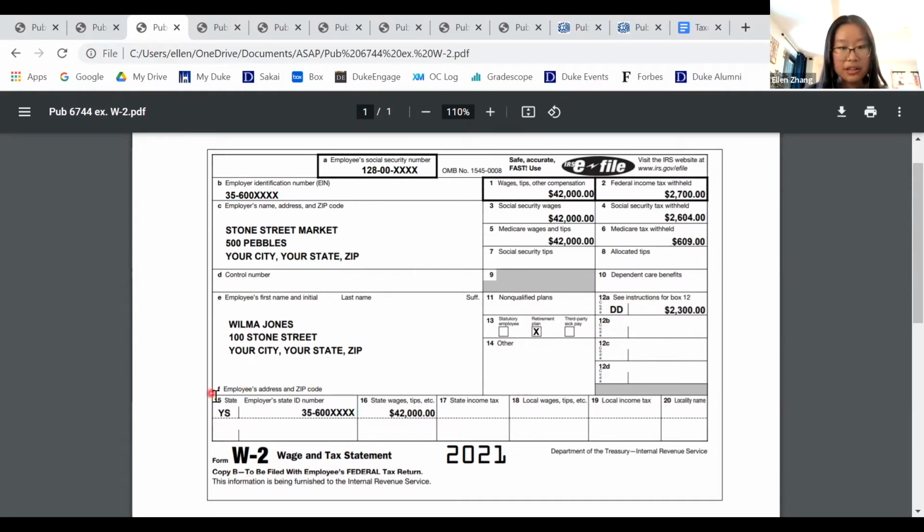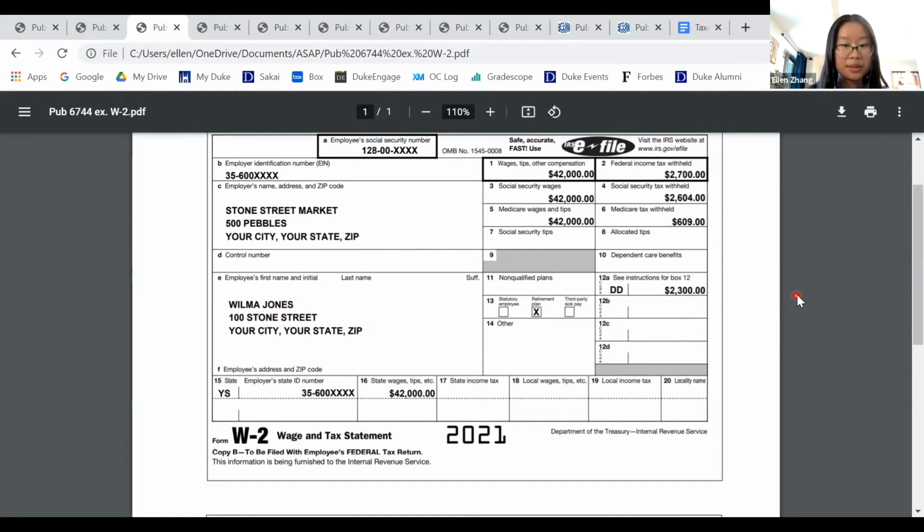And then down here at the bottom, this is for your state taxes. So this exact state that you're paying taxes for would be shown here, and the state's ID number. This is the total amount of wages that you've made in the state, and it is usually exactly the same as box 1. And then in box 17 will be any state income tax withheld. So Wilma did not have any state income tax withheld,